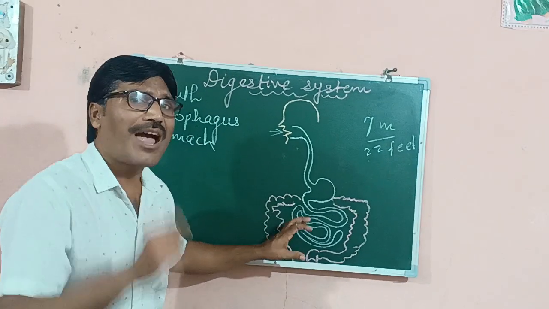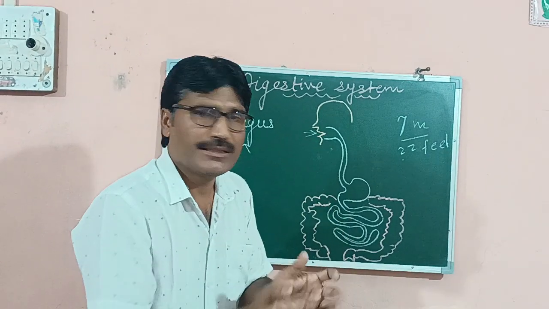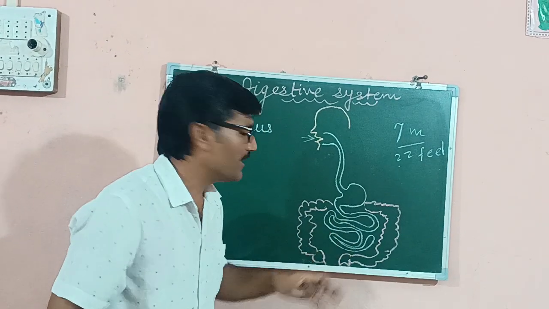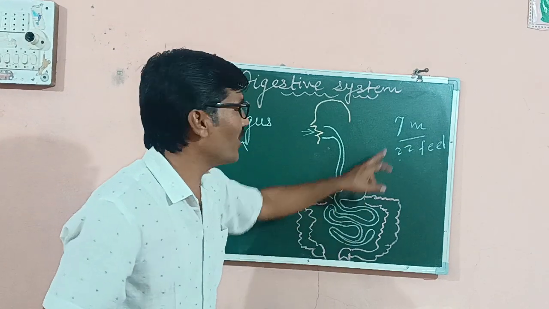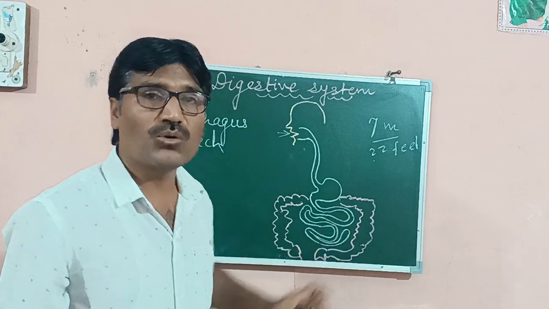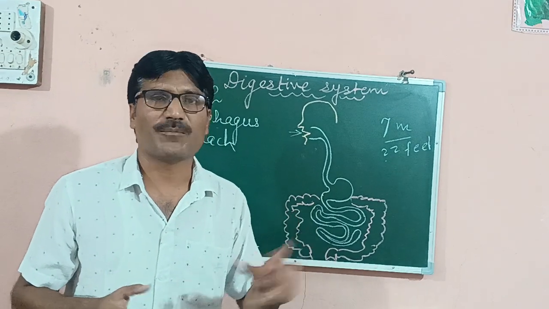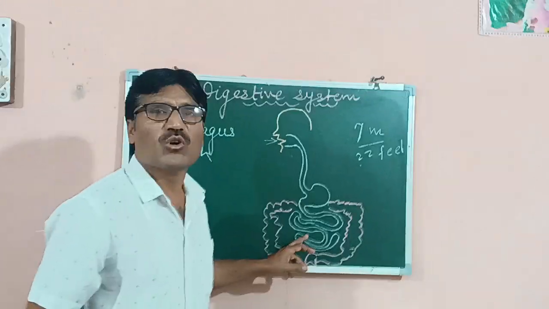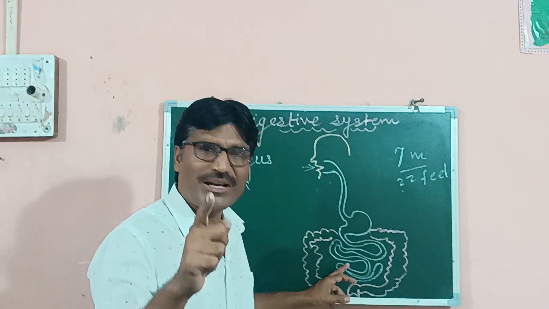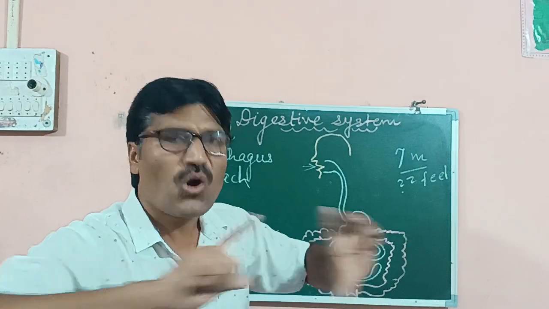So why did it happen? It happened because it is compressed. Small intestine is compressed. What is the length of the small intestine? It is 7 meters long. And you know the difference between other animals, like for example the cow, a herbivorous animal, we know it well. So cow is a long animal